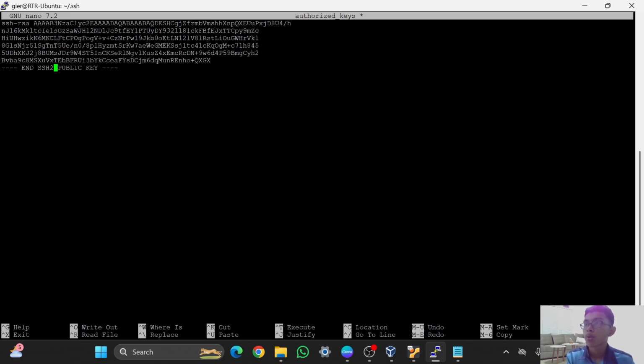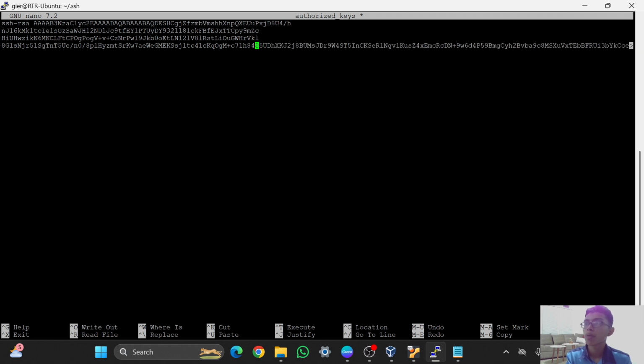and also we can delete the NSS1 public key, and also we need to delete the enter sign. So we need to make this public key into one straight line, not 4 lines.